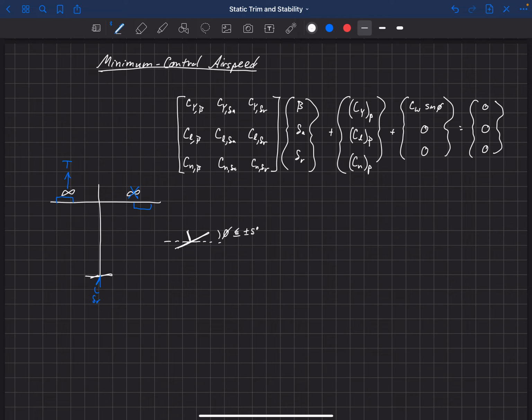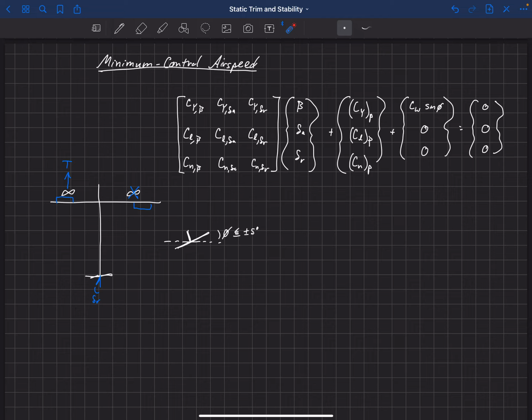Okay, so let's look at how we would now compute the minimum control airspeed. As our airspeed increases, the dynamic pressure is going to increase. And so there's going to be some velocity below which we actually can't trim the aircraft with this engine-out scenario, and above which we should be able to trim the aircraft. This case is actually up and away, when we're at flight speeds. If we lose an engine, trimming out the aircraft is not nearly as difficult as it is in a takeoff and landing situation. Now, one thing you might be thinking is, why are we thinking about landing? Because takeoff makes sense. You need full throttle to take off.